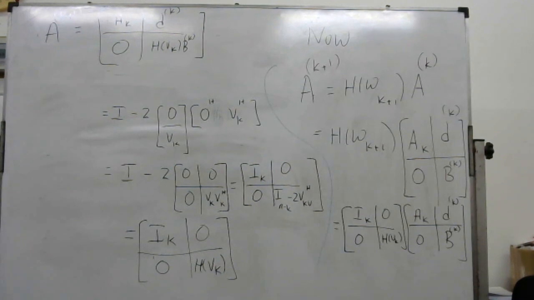So Ik cross Ik and 0 multiplied by Ak and 0 get Ak. Ik 0 multiplied by Dk, Bk get Dk. 0 HBk multiplied by Ak 0 gives you 0, and 0 HBk multiplied by Dk Bk gives